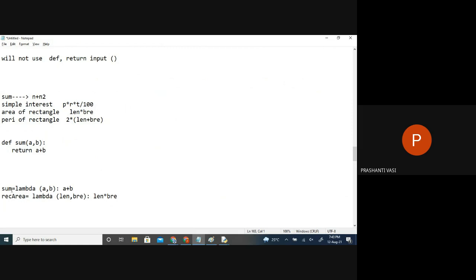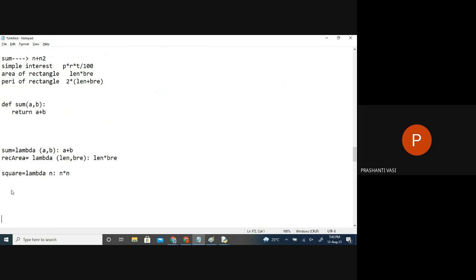So same way if it is square of a number. So lambda of square of a number would be equal to nothing but n into n. So I wrote three expressions. Does it look like programming functions or like mathematical formula? Other than this keyword, if you skip this keyword, it looks like a simple formula, right?